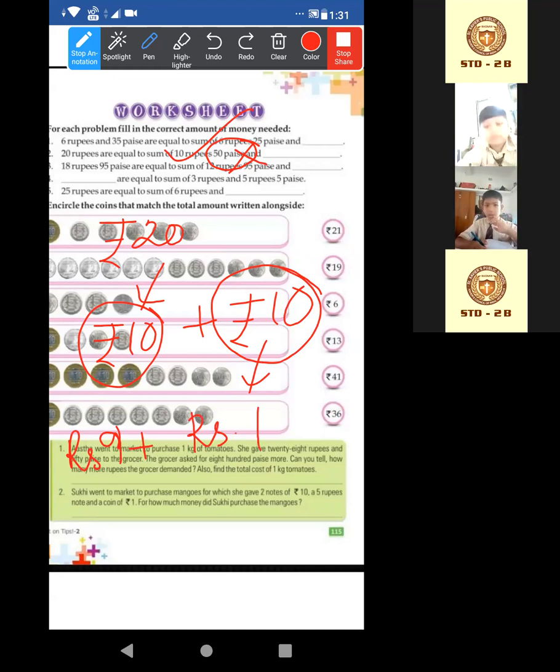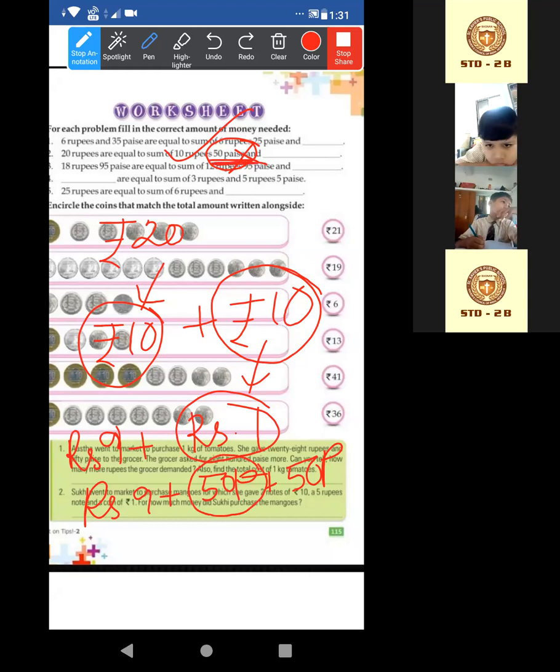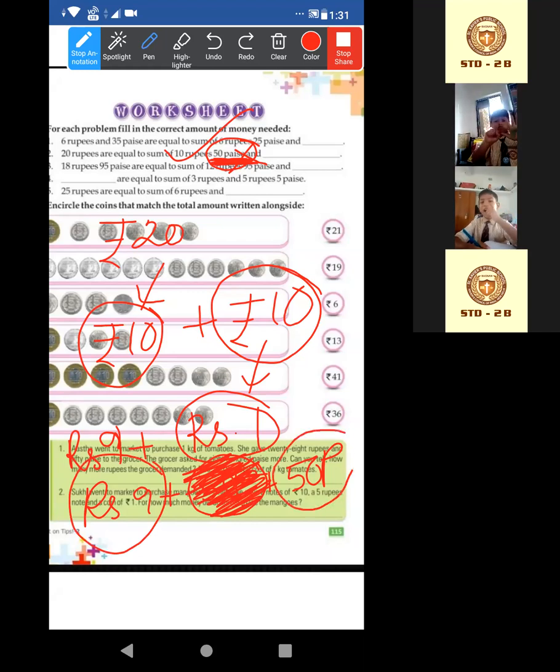Okay. Now we can also write 9 rupees plus, for this 1 rupee we can write 50 paise plus 50 paise. Yes or no? 50 paise plus 50 paise means 1 rupee, na? Yes or no? Yes. Now look, this 50 paise is already given over there, na? So we can erase 150 paise because it is already given. Now what is left? This 9 rupees is left and this 50 paise is left, na? Yes or no? Now understood everybody?